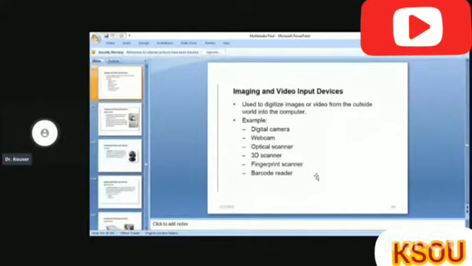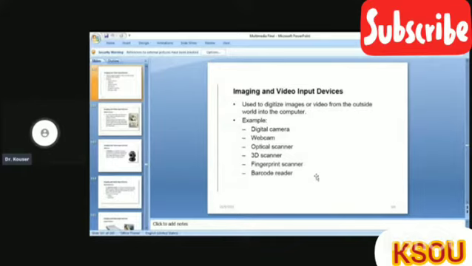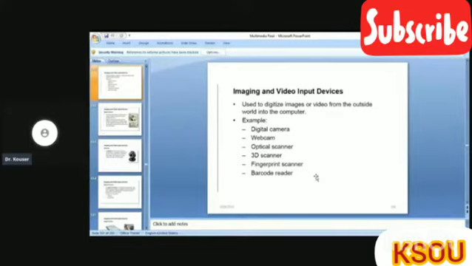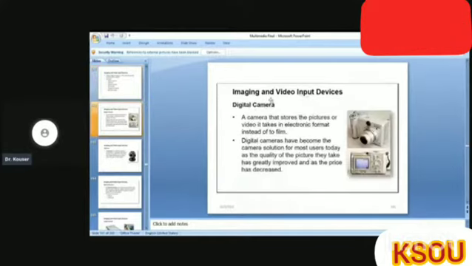There are some imaging and video input devices which are used to digitize images or video from the outside world into the computer. Examples include digital camera, webcam, optical scanner, 3D scanner, fingerprint scanner, barcode reader. So among these imaging and video input devices, the first example is the digital camera.